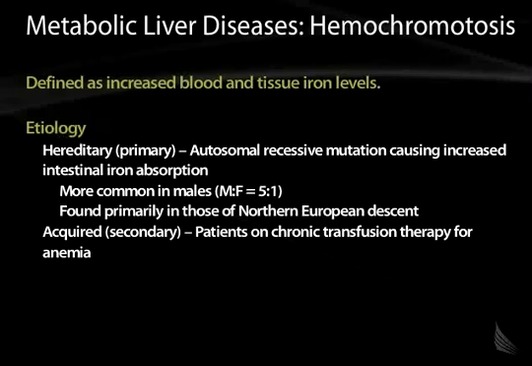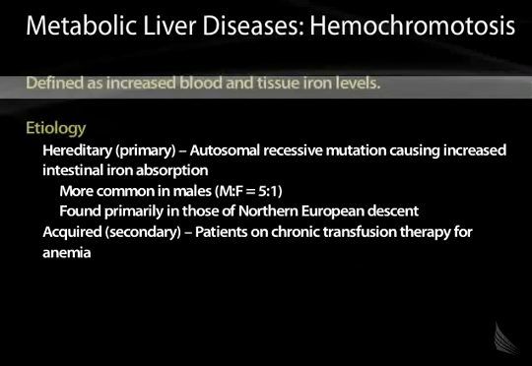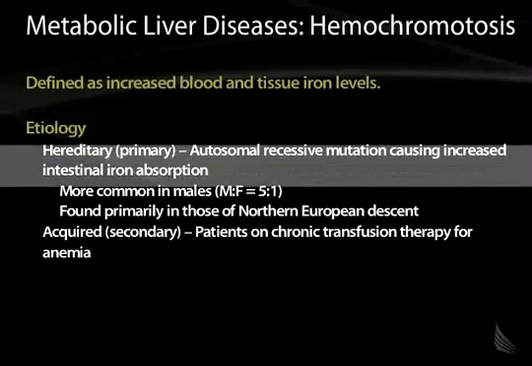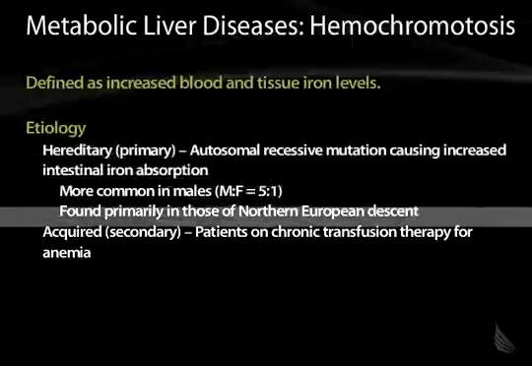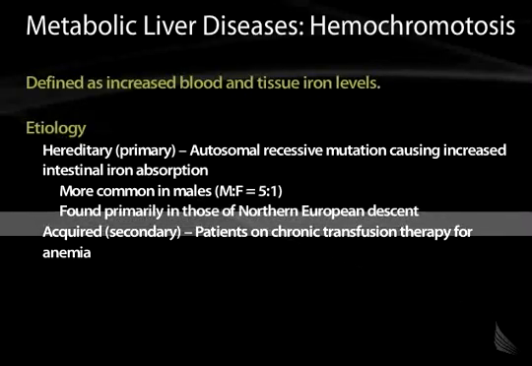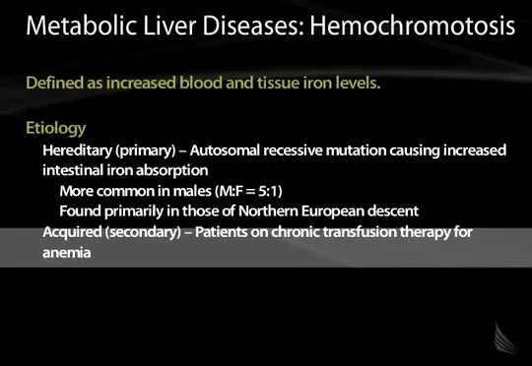Hemochromatosis is a completely different disorder characterized by an increase in iron. In this disorder, you see increased blood and tissue iron levels. It's hereditary, mostly an autosomal recessive mutation, causing increase in intestinal iron absorption. It's more common in males than in females, and it's usually found in those of Northern European descent. It can also be an acquired disorder in which patients get chronic transfusion therapy for anemia. Remember that